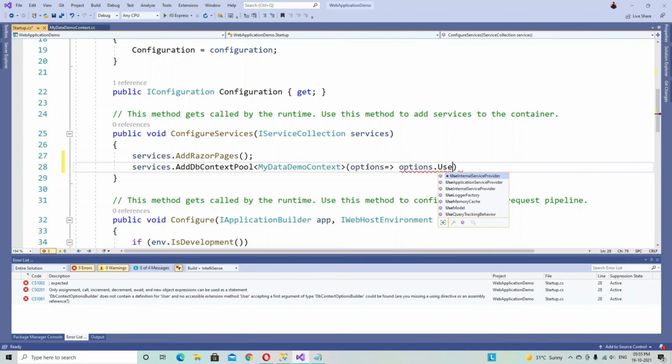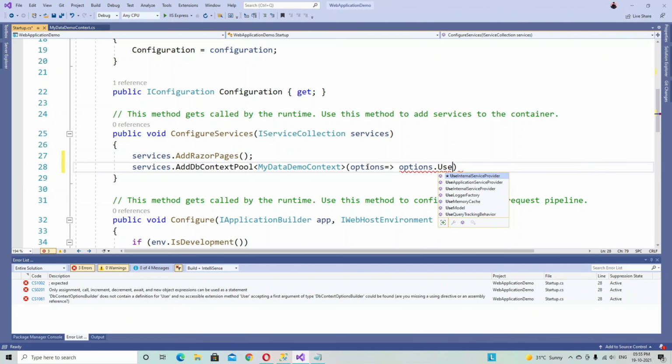Now we require a repository to fetch data from our SQL Server database. So we create a new folder, and the folder name is DataServices, and we add a new item.